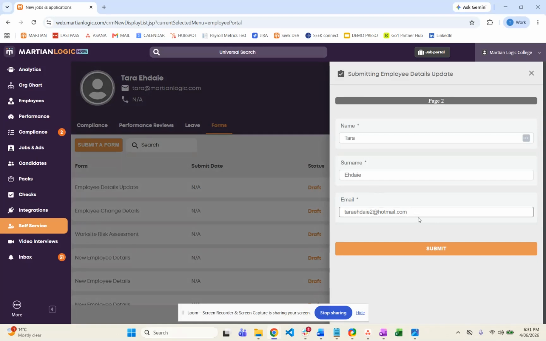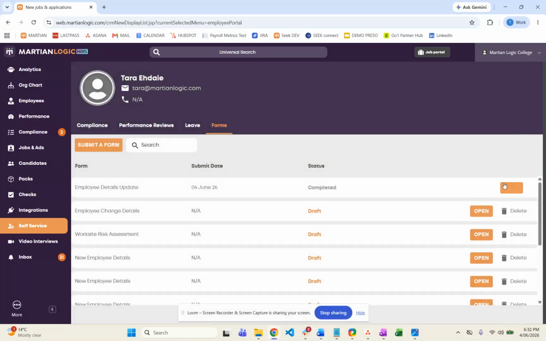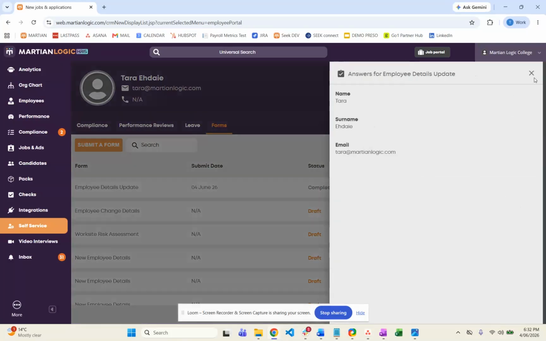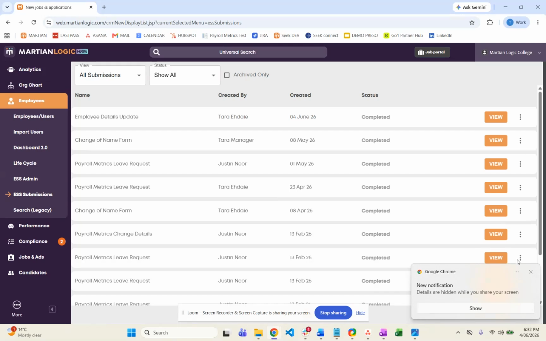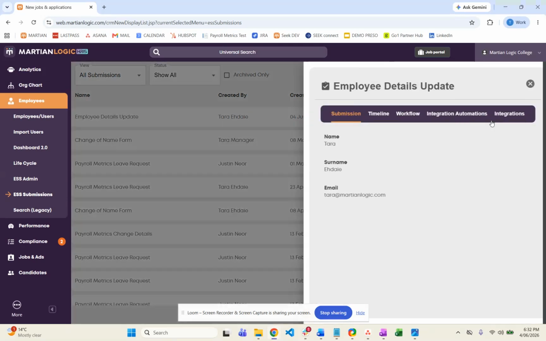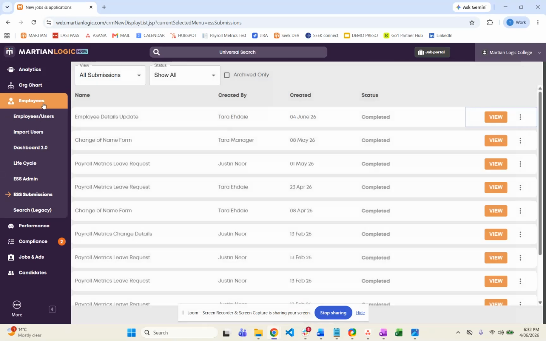We can see that my details have been pre-filled here, and that is due to it showing the information that I have already entered previously. So the employee will have visibility over what is there and have the ability to then change it. If we hit submit, this email address is going to override the email address in the account. So if we hit submit there, the employee then can view it as well. And if we revisit our submission form, not only can we see that this individual has completed this form, but if we visit this employee's profile now,